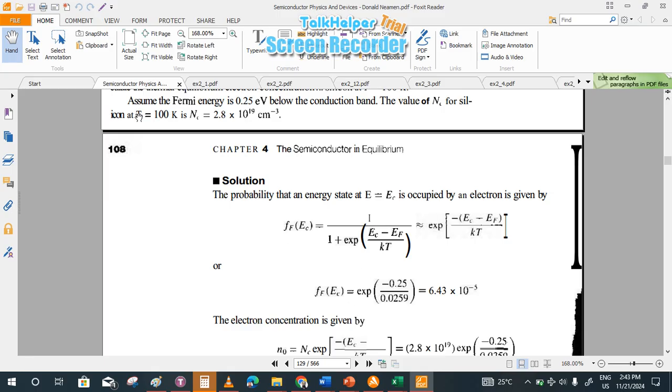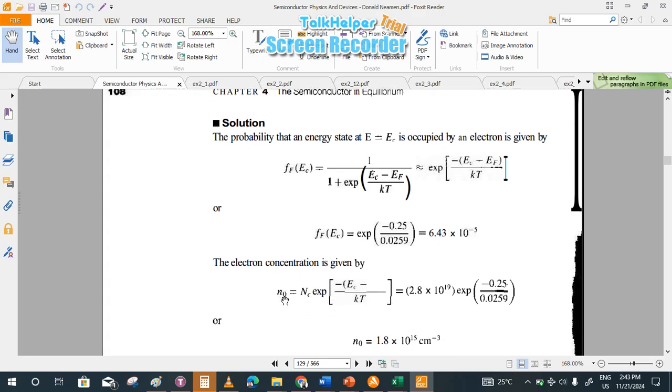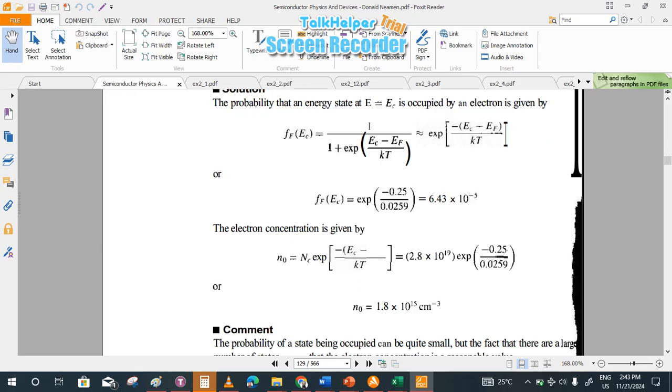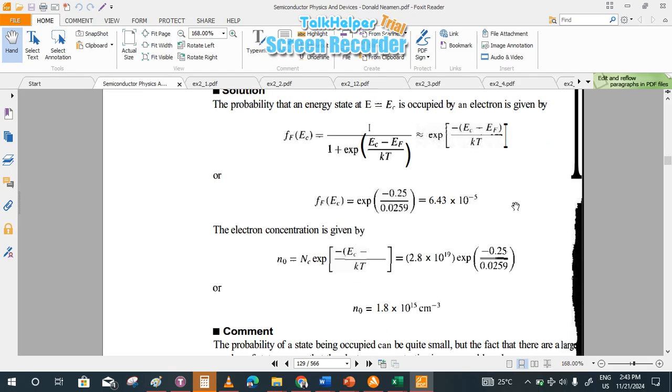One thing you notice there is that because the temperature is very, very low, the probability too is very, very low. For the probability to be high, you need higher temperature, quite higher than 300 Kelvin. So this is how you get this, and then you use this formula to now get the concentration of carriers at that energy level. To get the concentration of carriers at that energy